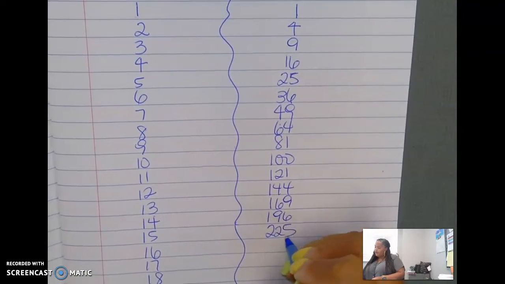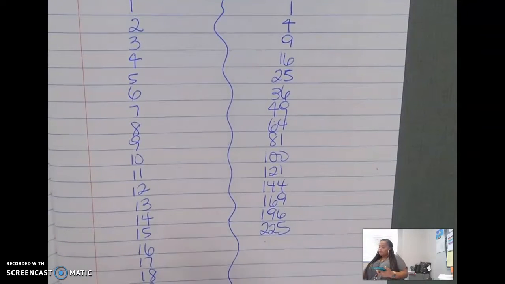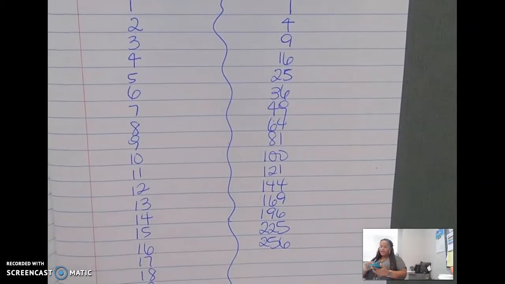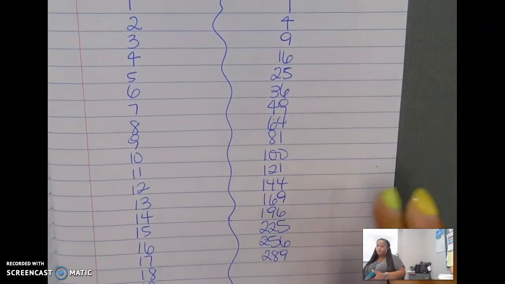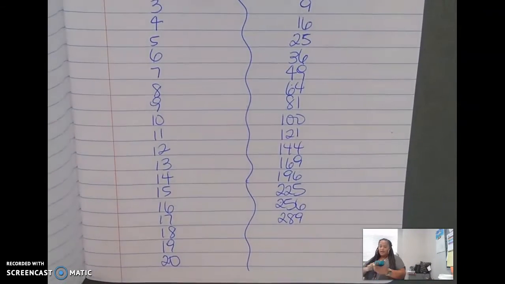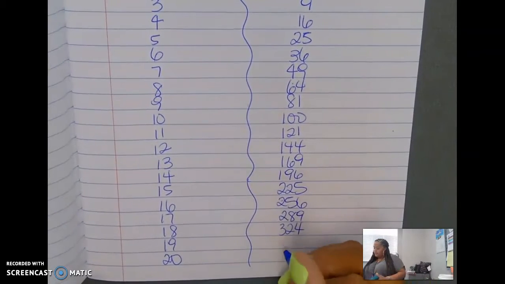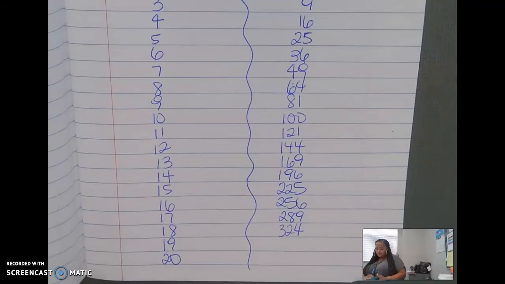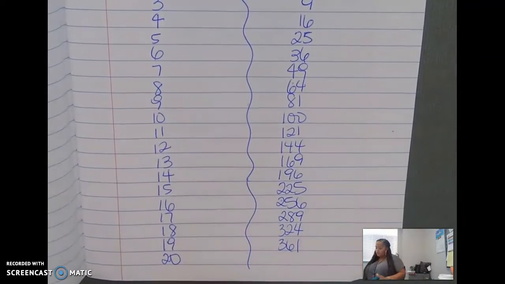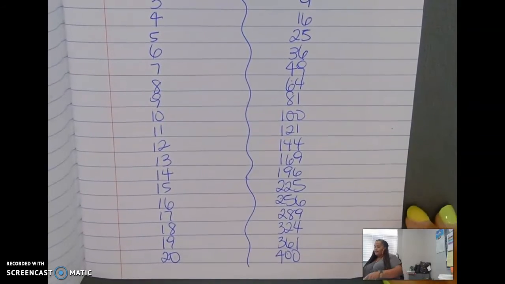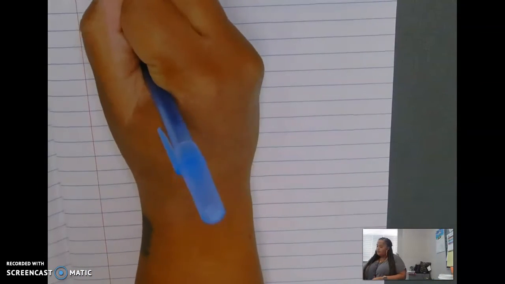196, 225, and this is where I pull out my calculator, 256, I think is 16 squared, 16 times 16, yes, 256, and 17 times 17, I just did that in my notes, I think that's 289. And then I keep going, 18 times 18, 324, 19 times 19, 361. This is 400, okay? And then I'll go on to the next page, and I'll do 21,